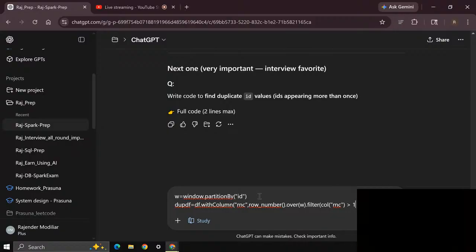Filter column rnc is greater than 1. Let's try it.